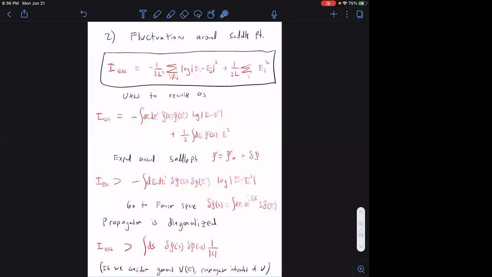What turned out to be universal is the behavior of the fluctuations around the saddle point. So that's going to be the thing that tells us about this eigenvalue repulsion. So let's take this action here, and a useful trick is to rewrite this action by replacing the sums over energies